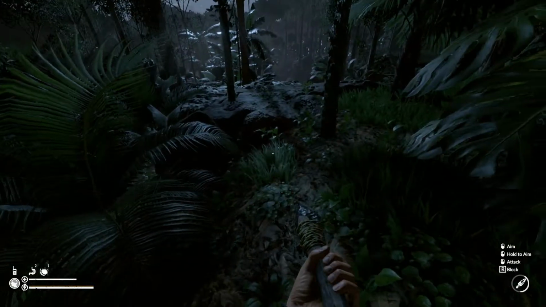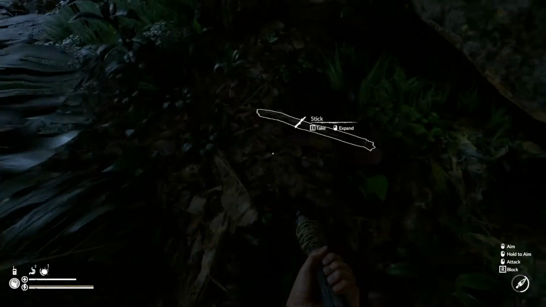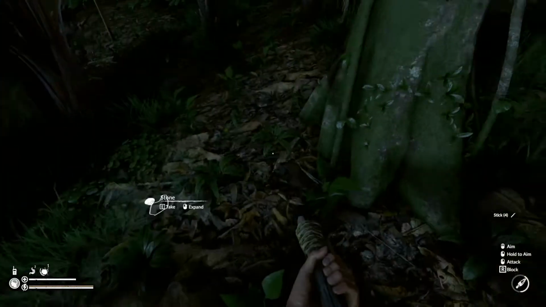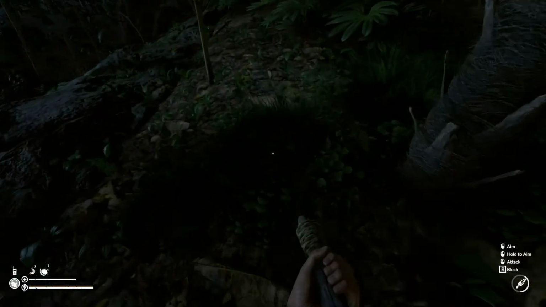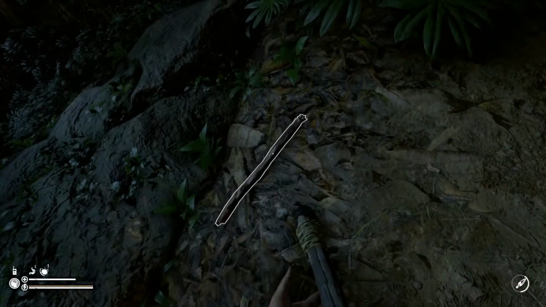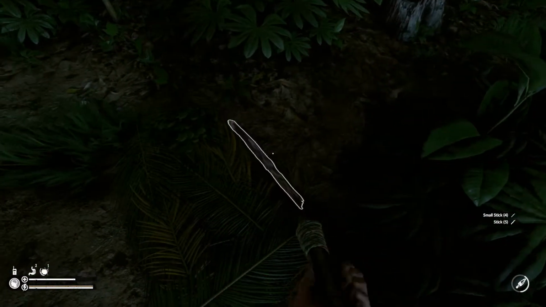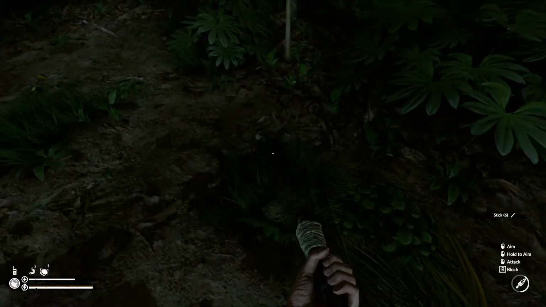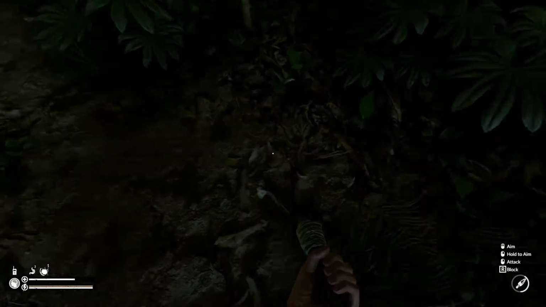More sticks. What I want to do as well is I want to make a shelter for a save point so that we can do saves, because it's very possible that we'll come back through this area. We've got a bed. If I put a fire down here,